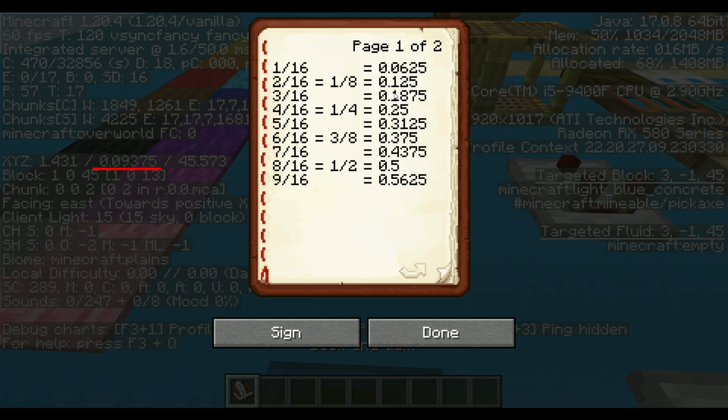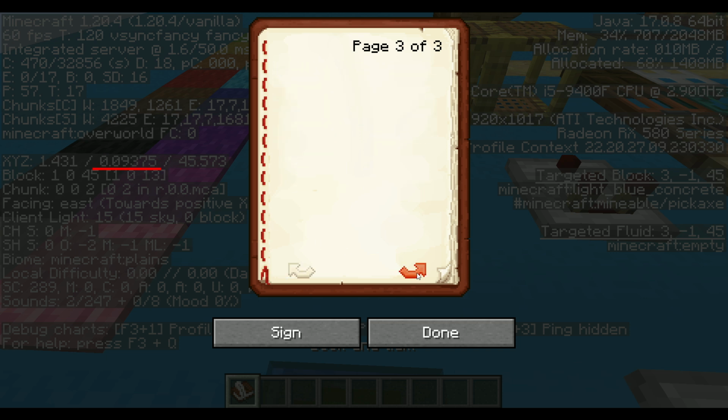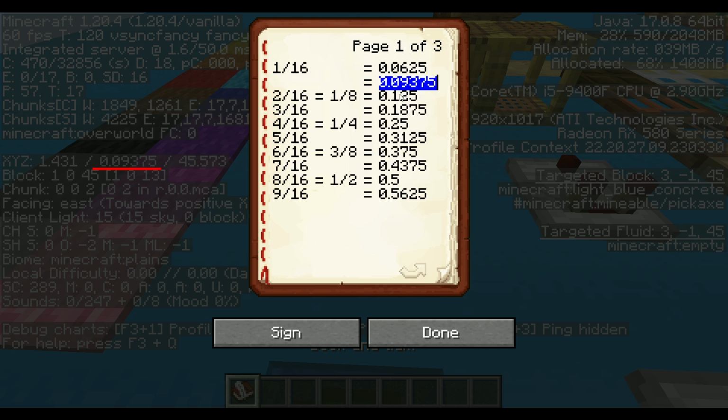So what's going on here? To start with, let's convert this decimal of 0.09375 into a fraction. So we're looking at 0.09375, and if you convert this into a fraction, and honestly I would use a calculator for this, just because if you try and do this by hand, it's a really big fraction that you're gonna have to simplify. The numbers don't simplify nicely, and there's just gonna be a lot of work involved, and